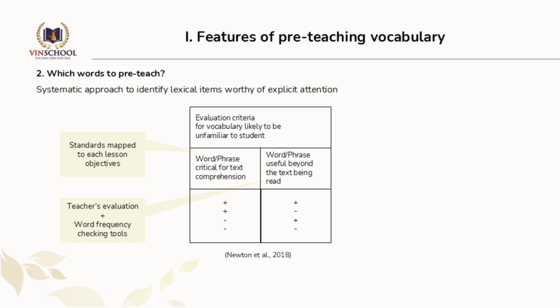Let's break it down. The first evaluation criterion is whether a word or phrase is critical for text comprehension. Here, A+ means the word is essential to understanding the text, while A means it's not that important for comprehension. Teachers can use the standards being mapped to each lesson's objectives to narrow down the scope of comprehension. For example, if the mapped standard of the lesson is 5RD.01,